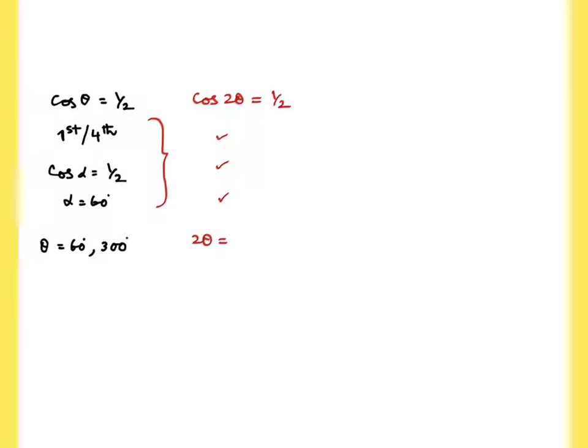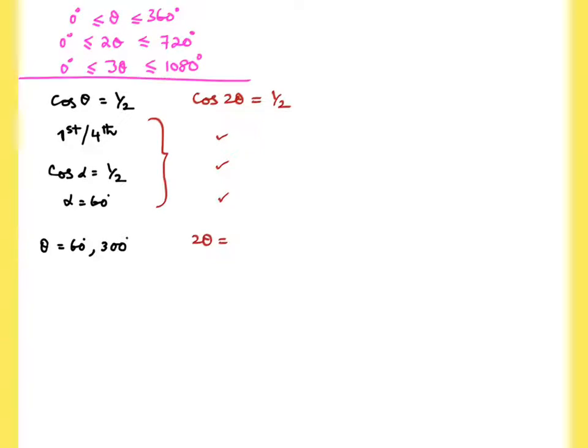Now, if suddenly I change the coefficient of theta to 2 theta, the question is almost the same. Instead of cos theta, we have cos 2 theta equals to half. Will my first and the second step change? The answer is no. Will my range of values of theta change? Definitely yes. Theta lies between 0 and 360. Therefore, if I'm working in 2 theta, for example, I'll multiply the endpoints. That will be 0 to 720. For example, if I want to work in terms of 3 theta, 3 times 0 is still 0, and this would be 1080.